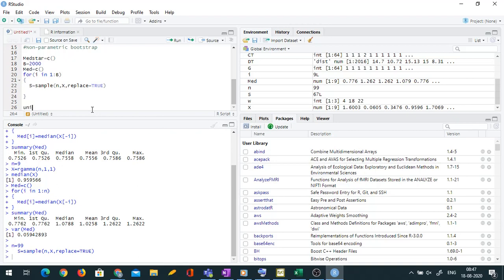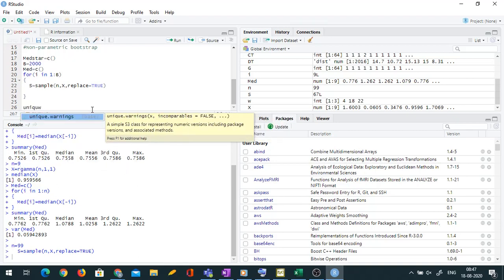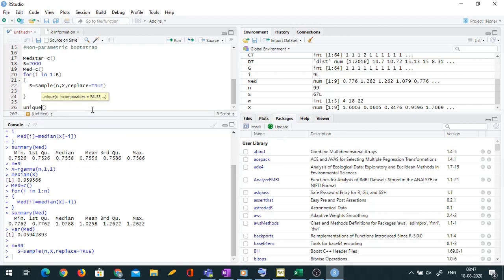You can compute the length of unique of S. Earlier, x will mostly be non-repeated anyway, because we are talking of continuous distributions.